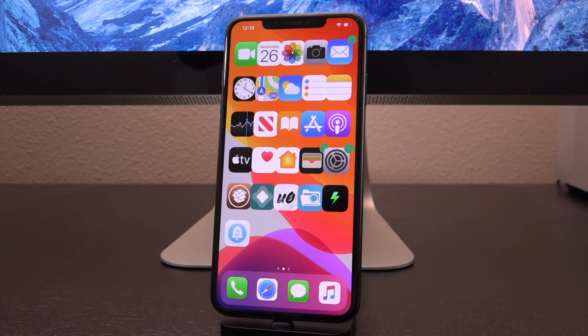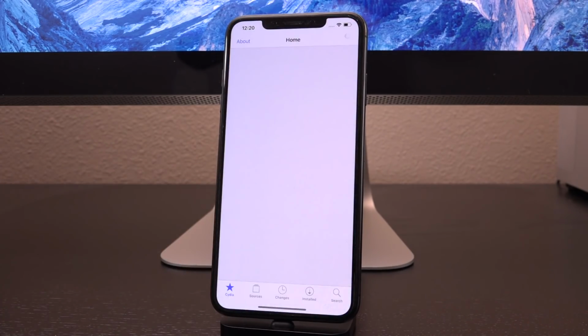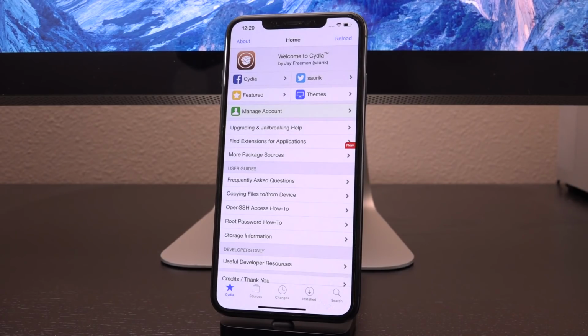You can see here, this is just one of the endless possibilities that you can do with Springtomize. I have a number of settings already set up. We're going to get into some of them in just a second, but first, let me walk you through exactly how to get it. So it is available on the PackIX repo inside of Cydia. It is a premium tweak. It actually sells for